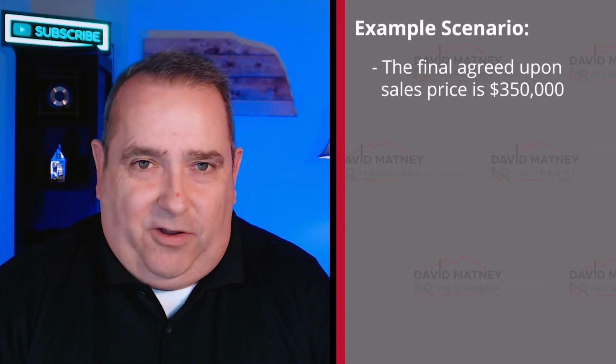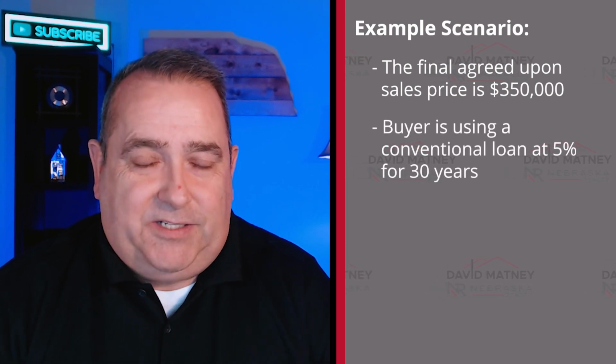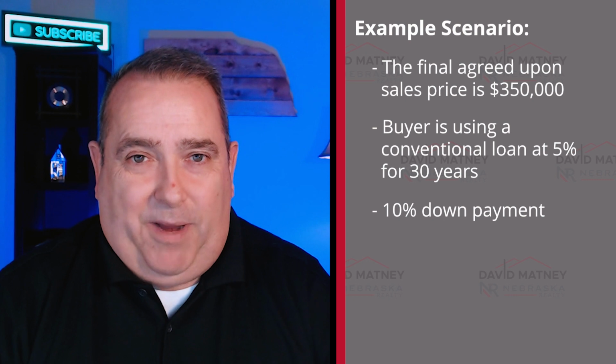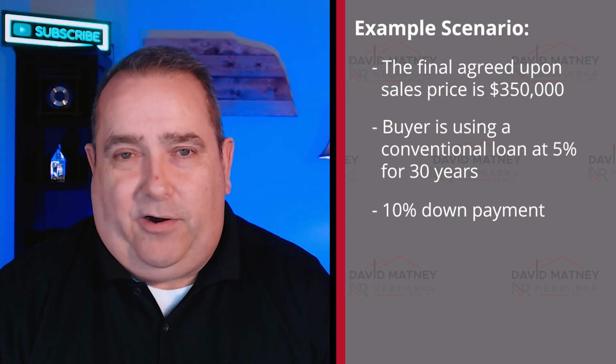Okay, before we get started, we need to make a couple of assumptions. Number one, the final agreed upon sales price is going to be $350,000. The buyer is using conventional financing at a 5% interest rate for a 30-year loan, and they're coming in with a 10% down payment. Yearly taxes, and I took this from an actual property that I just wrote a contract on, are going to be